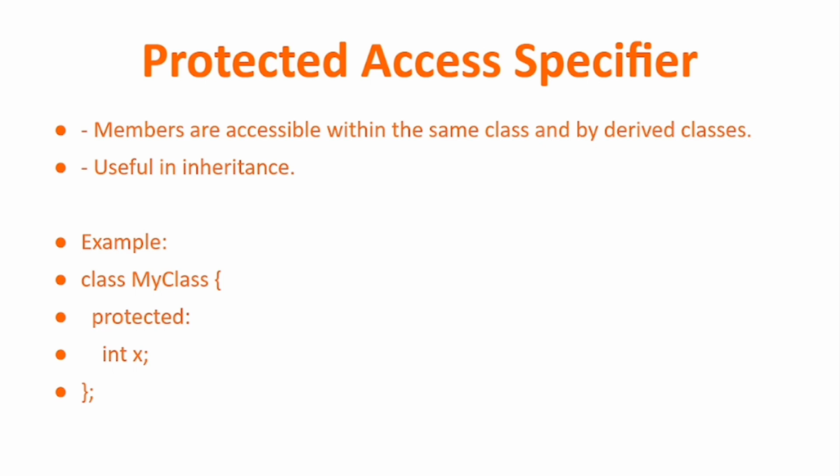Now, the third and last one is the protected access specifier. Basically, protected members are accessible within the same class and by the derived class. The first thing that commonly arises is, what is a derived class? Basically, a derived class is known as a child class. A child class is a sub part of a class, like